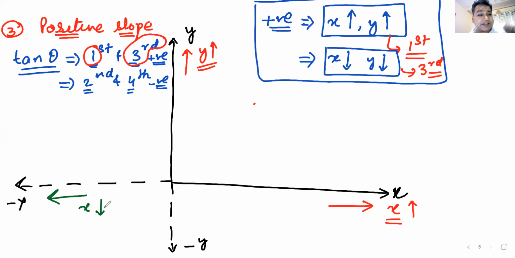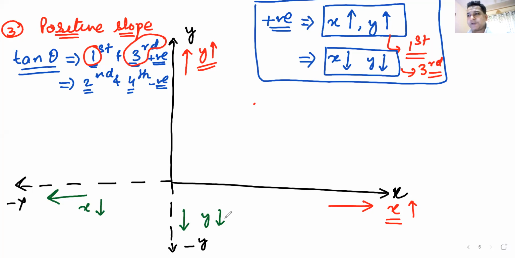What about y? When is y decreasing? If I go along downward direction, y decreases. Yes. And in which quadrant is this going to happen? It's going to happen in the third quadrant. A line lying in the third quadrant. Am I clear? Can I have some raised hand? Am I clear with this concept of positive slope graph? Okay.